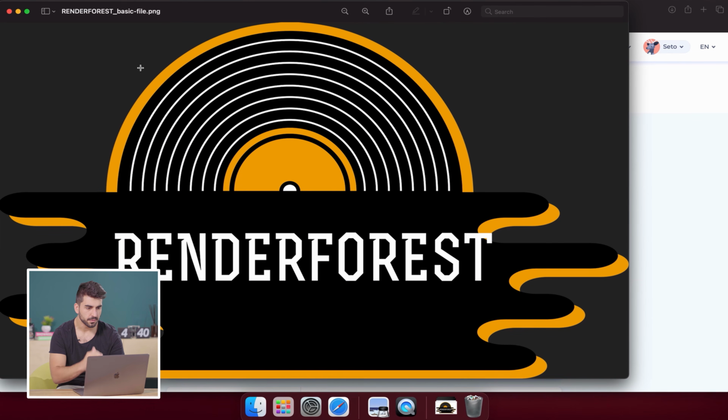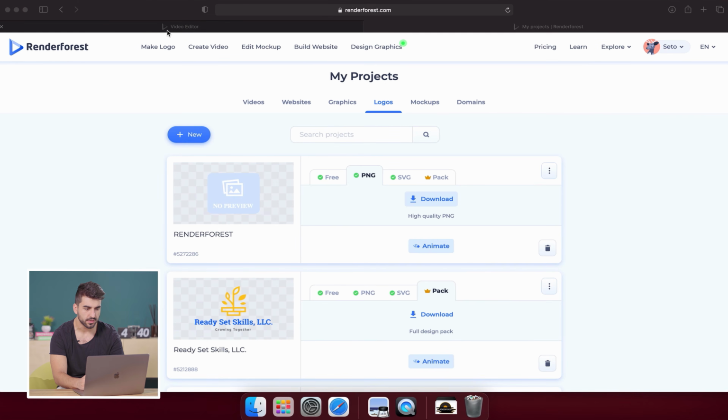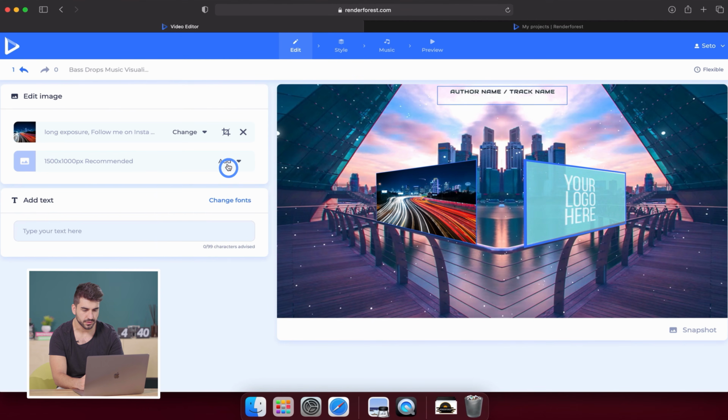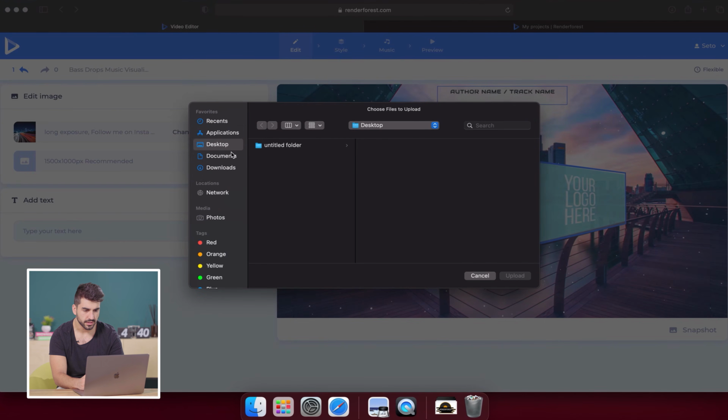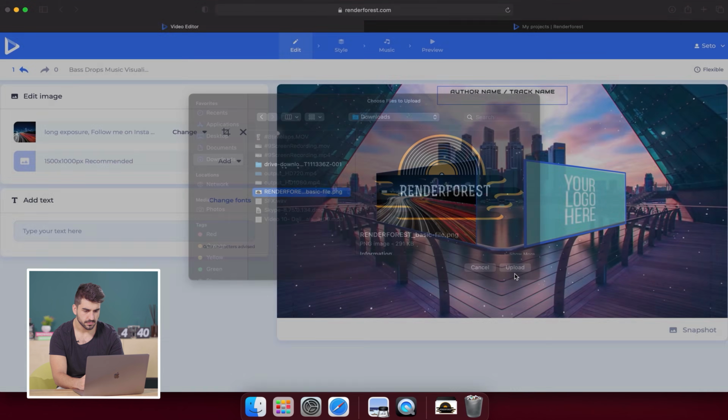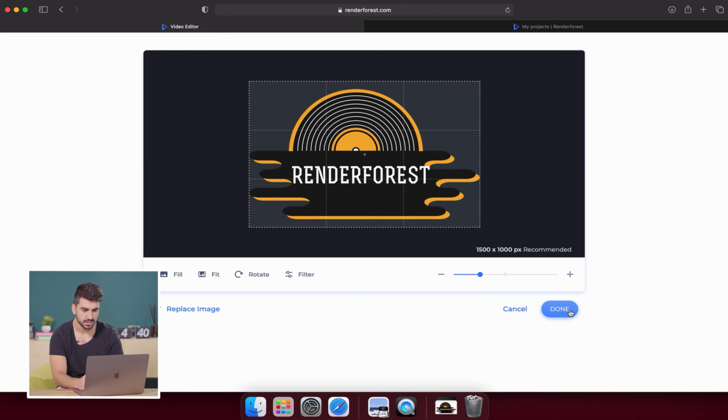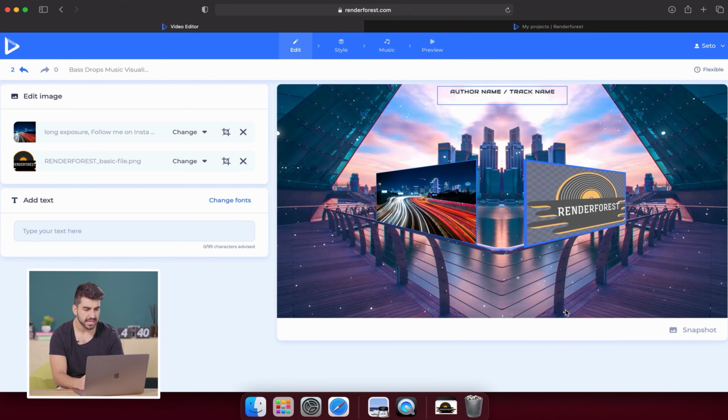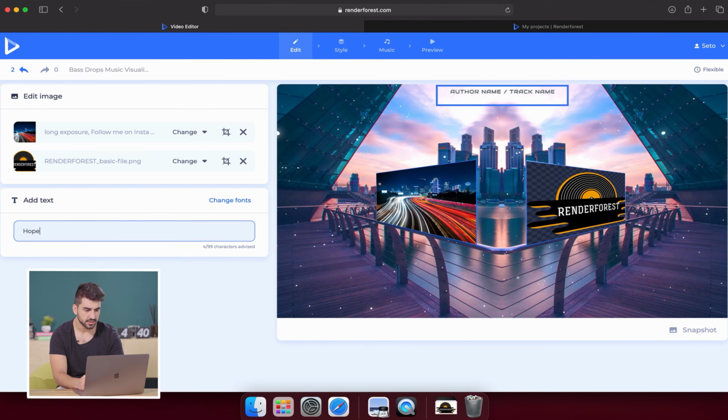Great, so we have our logo, and then you can use that back on the original template for your music visualizer. You do upload, find your logo that you just made. It's in my downloads. Here we go. Make sure it fits inside the square. You can add your text. Again, here's where you'll put your artist name, your artist song title,